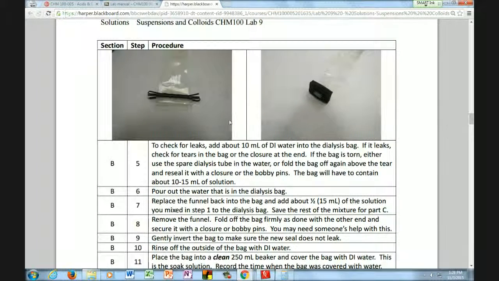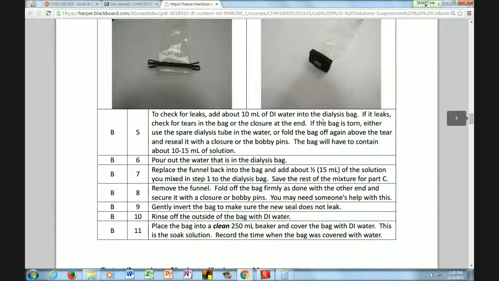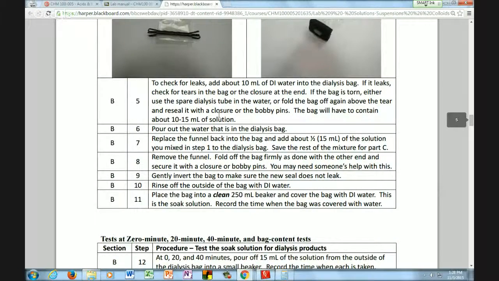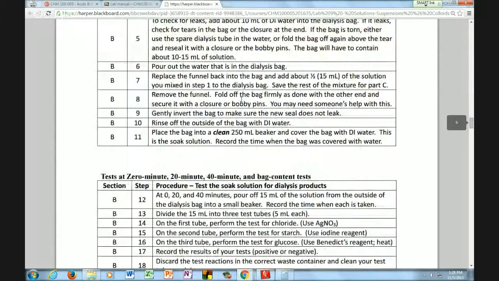So once you get it sealed, put some DI water in the bag and then just see if it's actually holding it or if it's coming out. Because if it's leaking out of the bag, the experiment's not going to work and you have to start over. All right. Once you pour it out, then you can put your actual solution in there and seal it up,